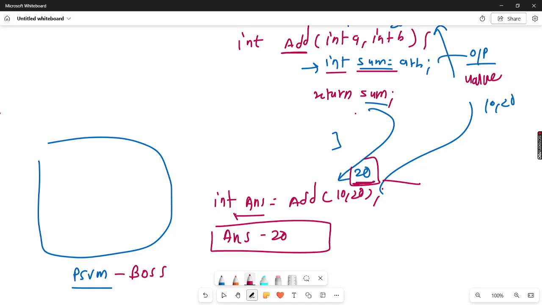यहाँ पे मेरे पास चार फंक्शन हैं, I have F1, F2, F3, F4। अब इनमें से कौन सा फंक्शन पहले एग्जीक्यूट होना चाहिए वो कौन बताएगा? पब्लिक स्टैटिक वॉइड मेन। अगर इसने बोल दिया F1 तो F1 एग्जीक्यूट हो जाएगा। समझ में आ रहा है? This public static void main has a control over all the code. जो भी हम कोड लिखते हैं, पब्लिक स्टैटिक वॉइड मेन को छोड़ के, उसका सारा कंट्रोल पब्लिक स्टैटिक वॉइड मेन के ऊपर होता है। कौन सा कोड रन होगा, कौन सा रन नहीं होगा, कौन सा पहले रन होगा, कौन सा बाद में रन होगा, उसमें कौन कौन से पैरामीटर जाएँगे, वो सारी चीजें बॉस डिसाइड करते हैं।